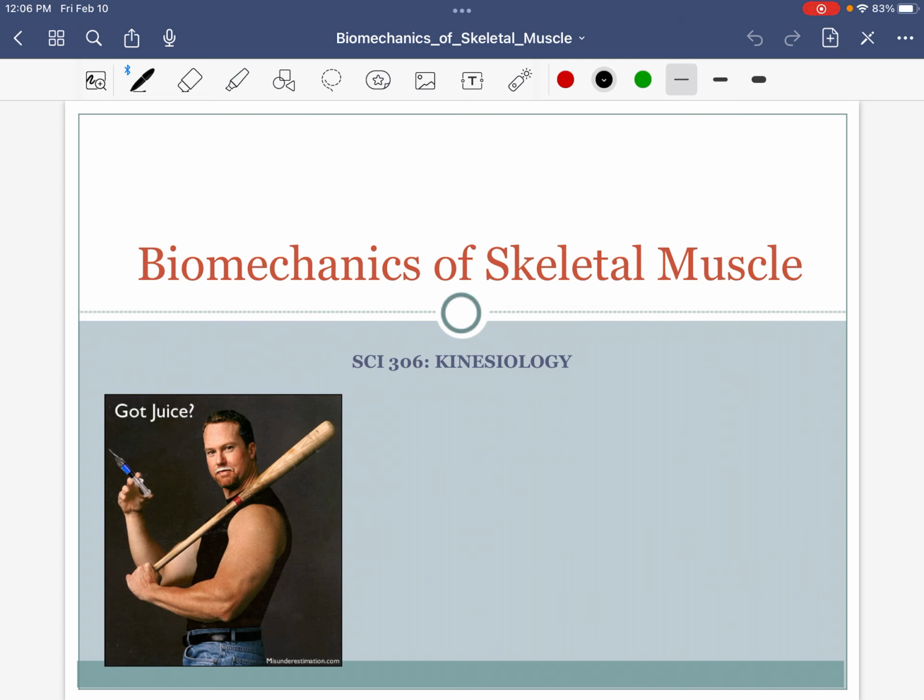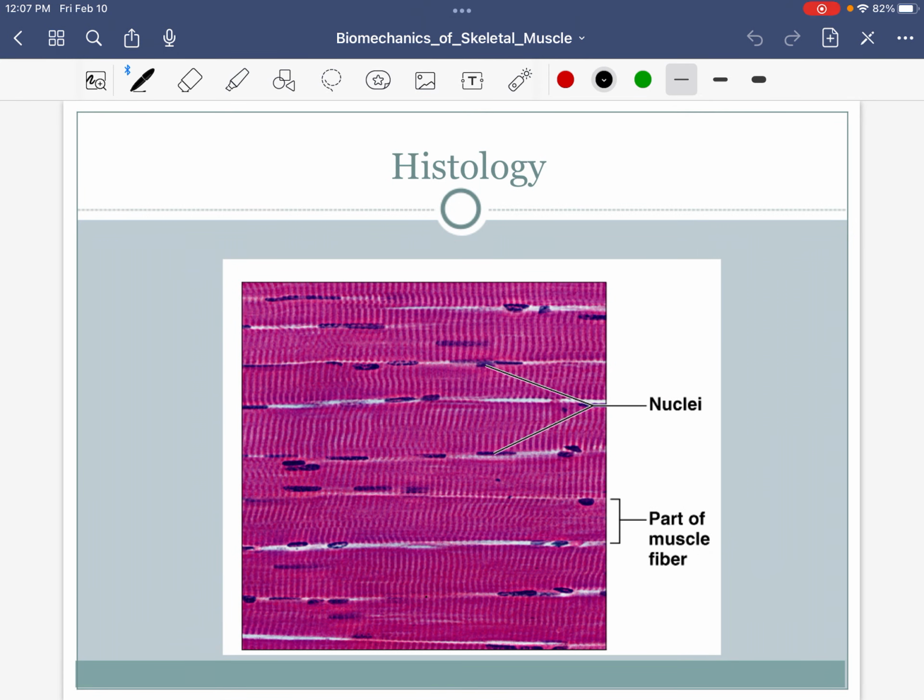So if we think back to where we've been coming from, we did some intro chapters on how to describe motion, kinematics, kinetics, and then we talked about the bones. Then we talked about articulations or joints. And here we are talking about muscles. Muscles, muscles, muscles. In this first video, I'm hoping a lot of it is a review. Like I've said before, if you're not as up to date on these things from anatomy and physiology, then you're going to have to spend time with them again to make sure that you are understanding these concepts, because we're just going to add on to it, all right?